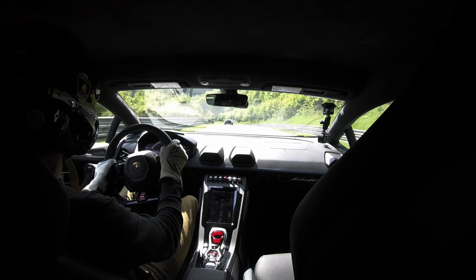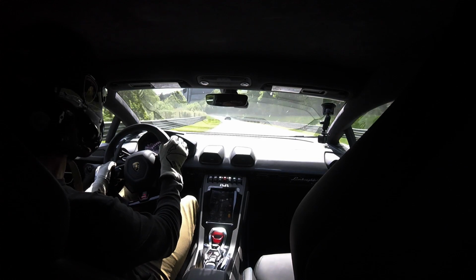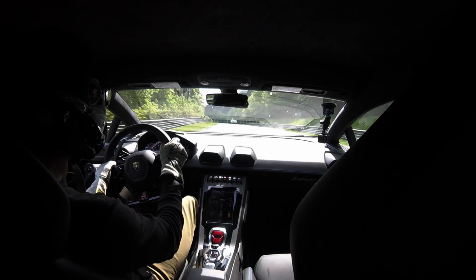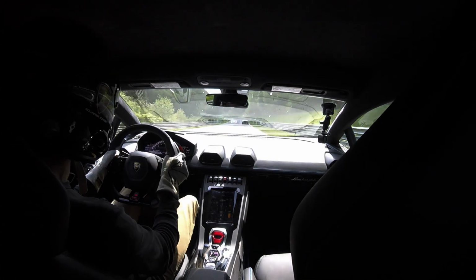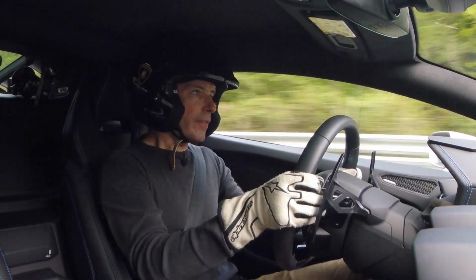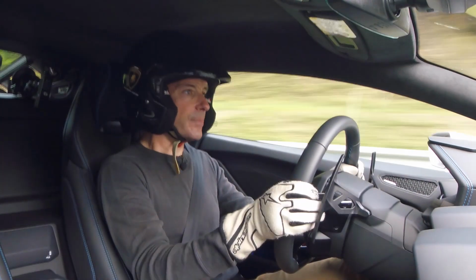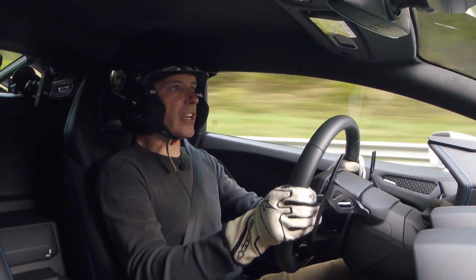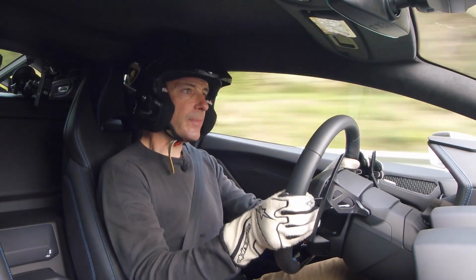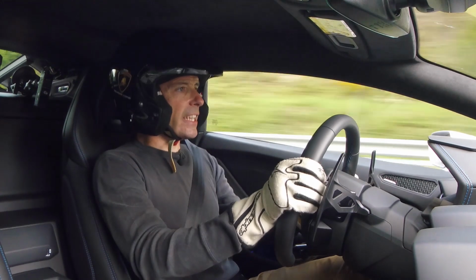But Lamborghini's offering something a bit different, and for them to be putting the regular Huracan here in a track atmosphere is quite a bold statement of intent for the brand, for the car. And remember, this is the regular Huracan, not the Performante, not the track one. So I think Evo